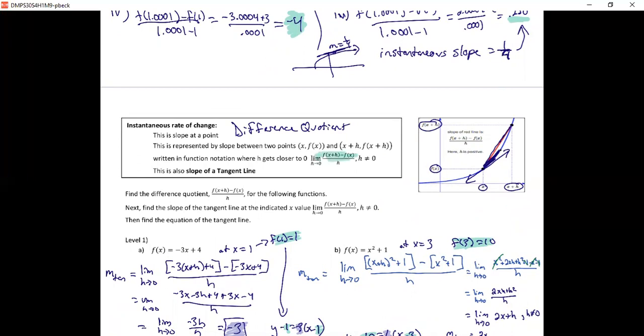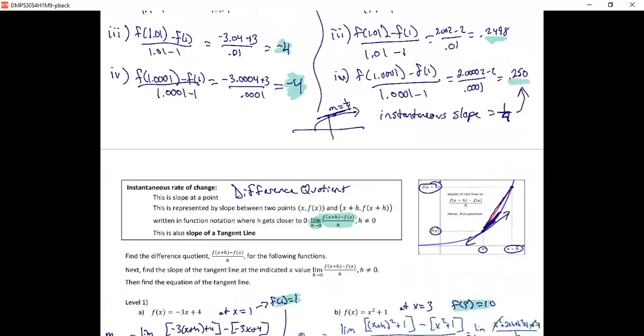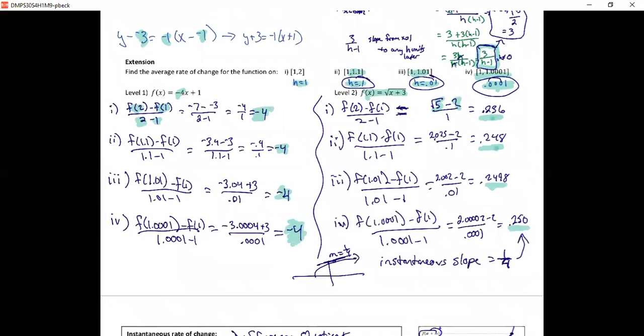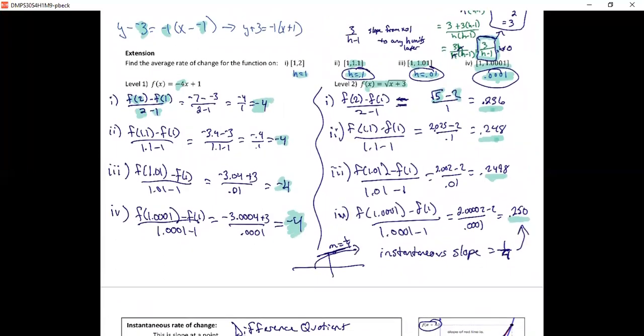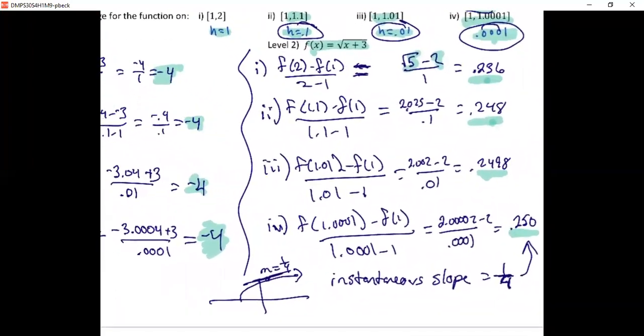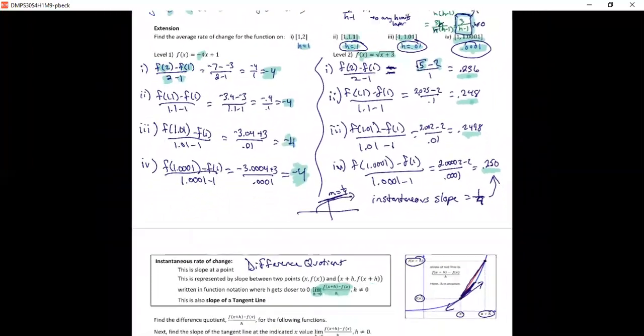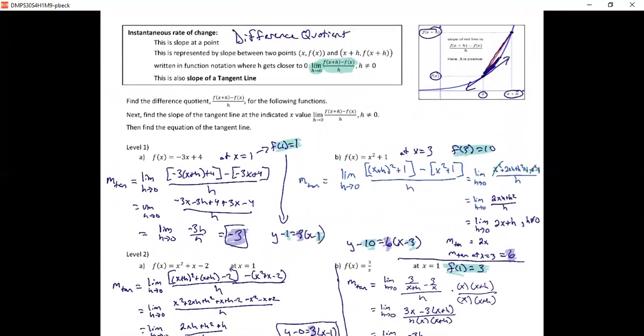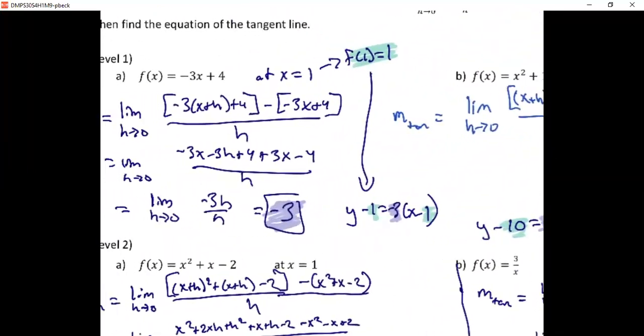So this is the slope, f of x plus h minus f of x over h. But this new notation, this limit, is what I showed up here, that h gets smaller and smaller and smaller. Now, in the end, what I have here is a lot of tedious math. 100% agree with that. So with the tedious math, our goal is to go ahead and plug in these expressions,